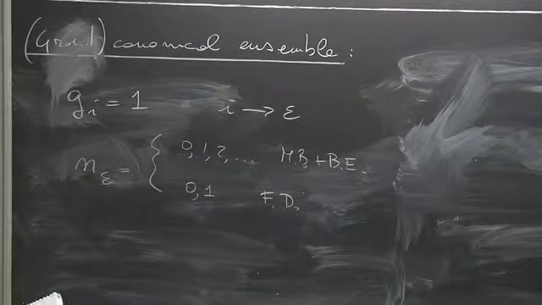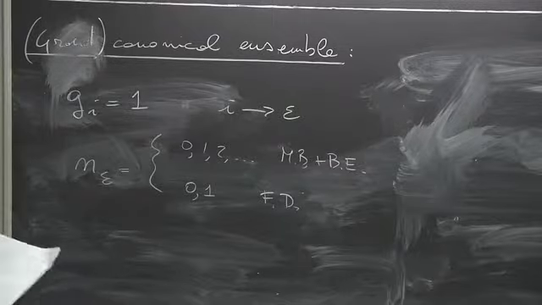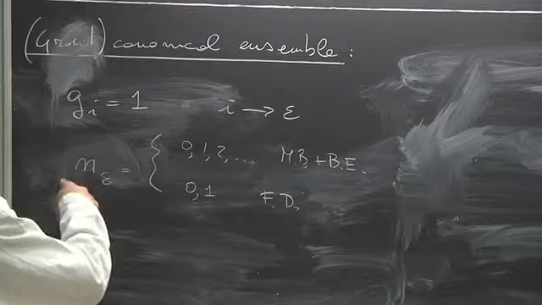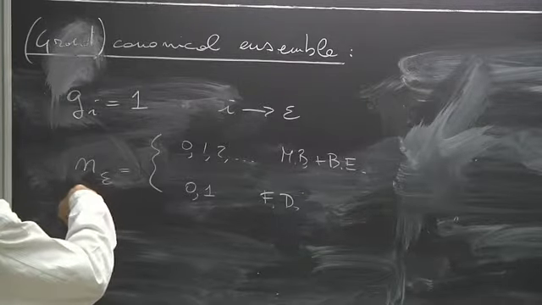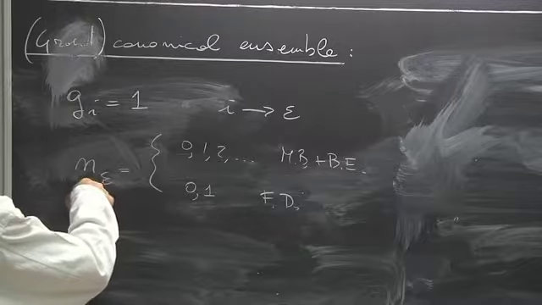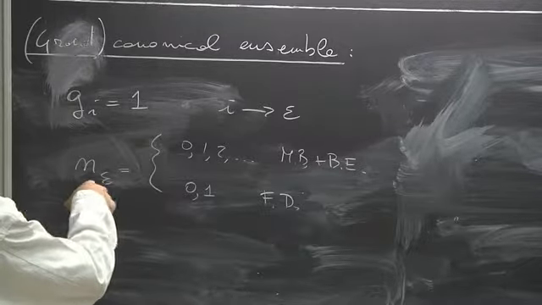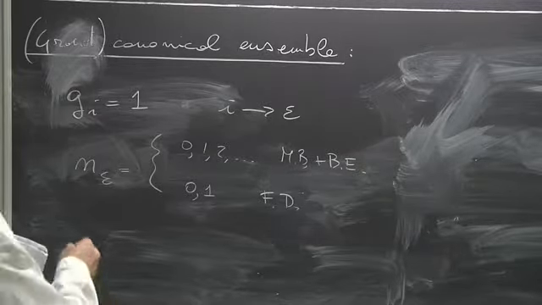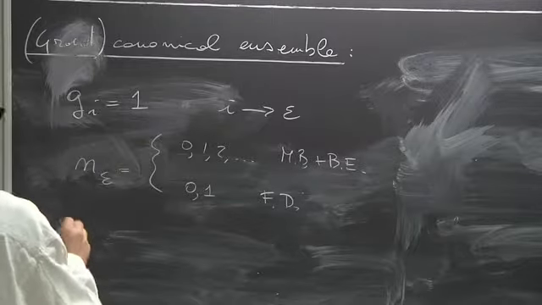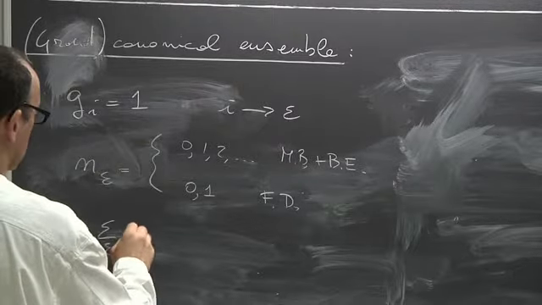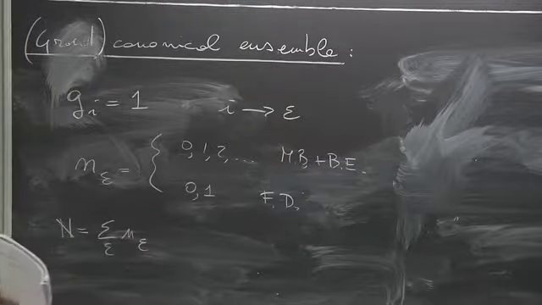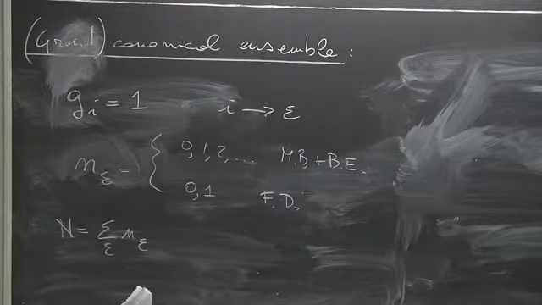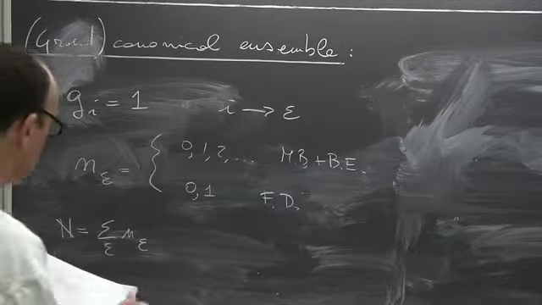Okay. And so my microstate will be essentially given by all possible ways in which I can occupy the single particle energy levels, which are consistent in the canonical ensemble with the total number of particles being fixed. Okay? So in the canonical ensemble, what I have to do is to compute the partition function.